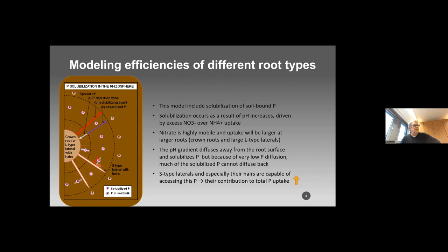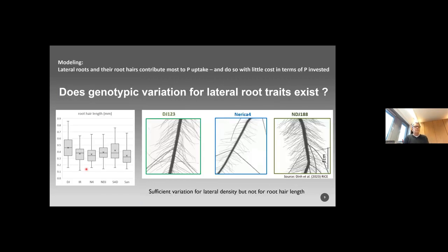If a plant has a dense cover of S-types, and if these S-types have a lot of root hairs, these will be able to mop up the P solubilized by the parent root. So again, a potential important role of these fine root structures. So based on trying to understand important traits through modeling, we can see that lateral roots and the root hairs contribute most to phosphorus uptake. And they do so with little cost in terms of P invested,